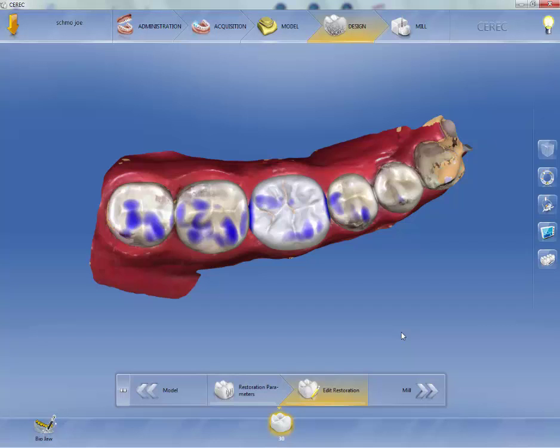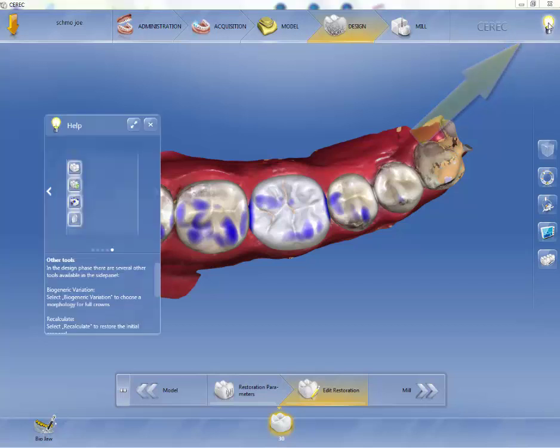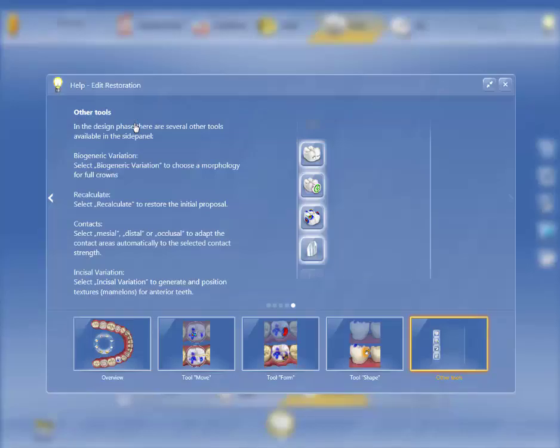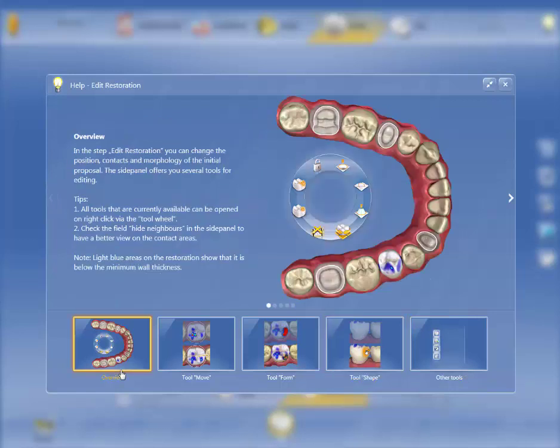Once your restoration has been developed, don't forget you can go to the top. Anytime you see this light bulb turned on, if I left click, I can toggle and get quick help. As you can see, I can blow this up if I need it. I can go backwards and look at an overview, and it just tells us everything about the different tools that